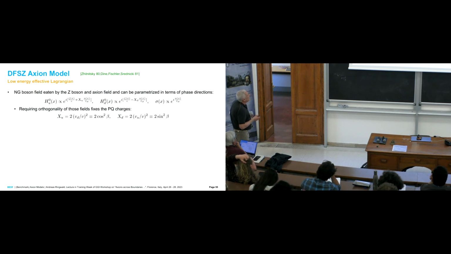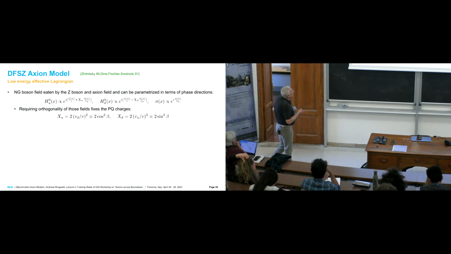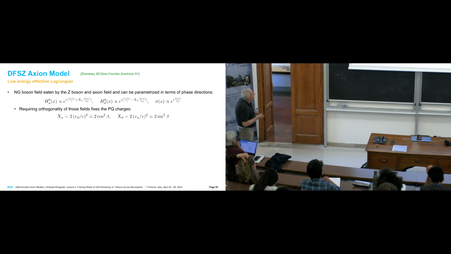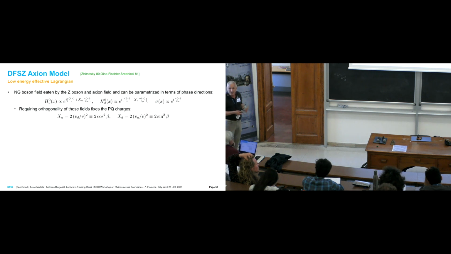The X_u is then 2 times v_d squared over v squared, and in my notation this is 2 times cosine squared beta, while the X_d is 2 times v_u squared over v squared, which is 2 times sine squared beta. So you see then X_u plus X_d will in fact be 2, which was required from the beginning